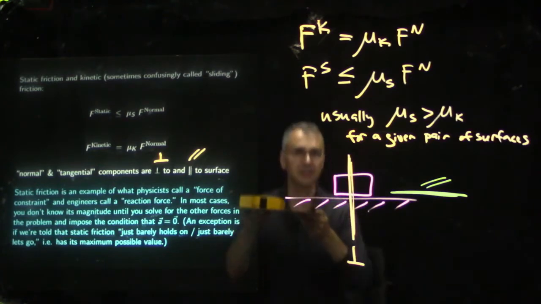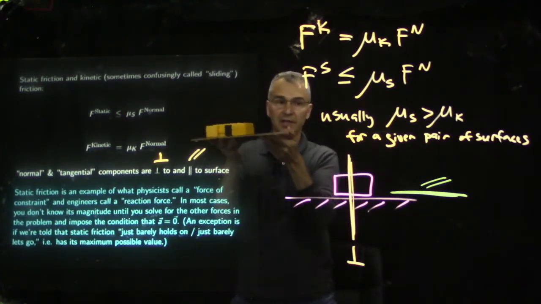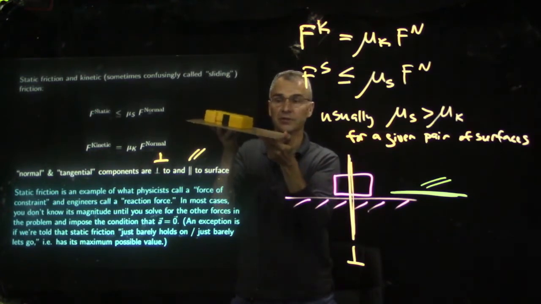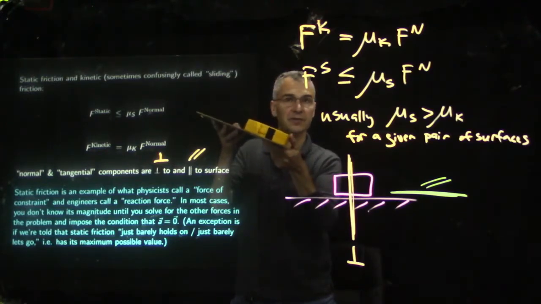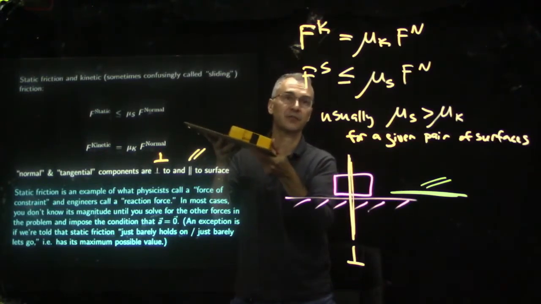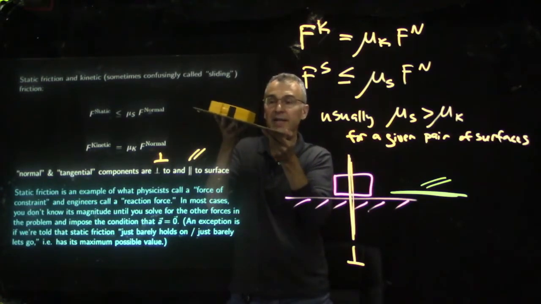And we'll see in a moment that that's very similar to asking, okay, as we increase this angle a little bit more, a little bit more, a little bit more, at some point the friction just barely lets go. The angle is too big and static friction just lets go. So if you ask what exactly is that angle where that happens, that's one way to determine the value of